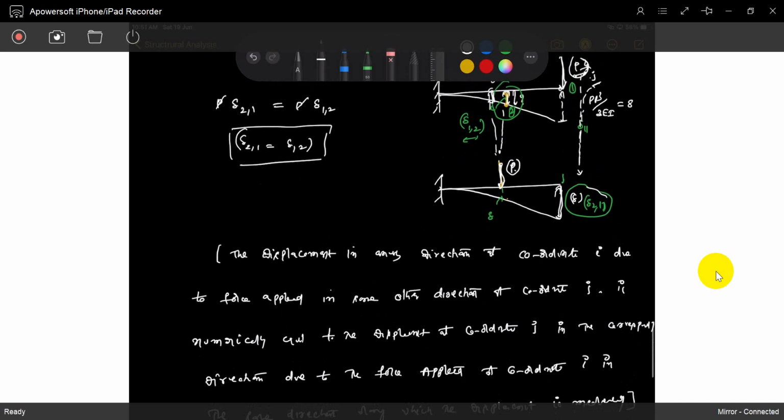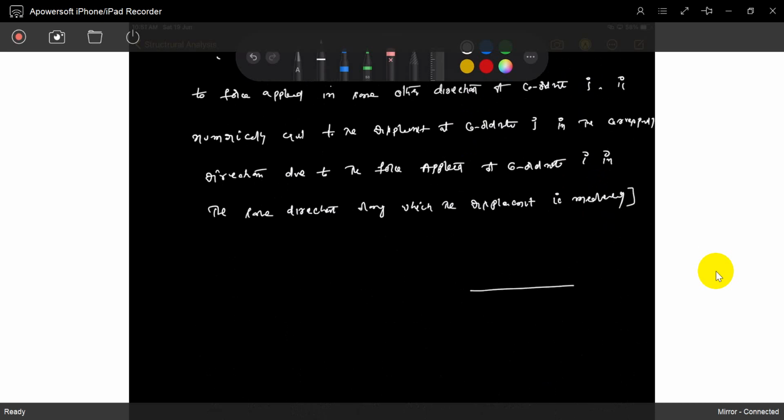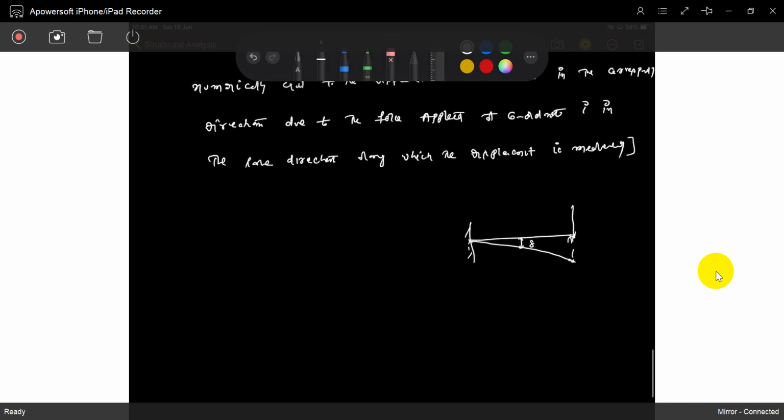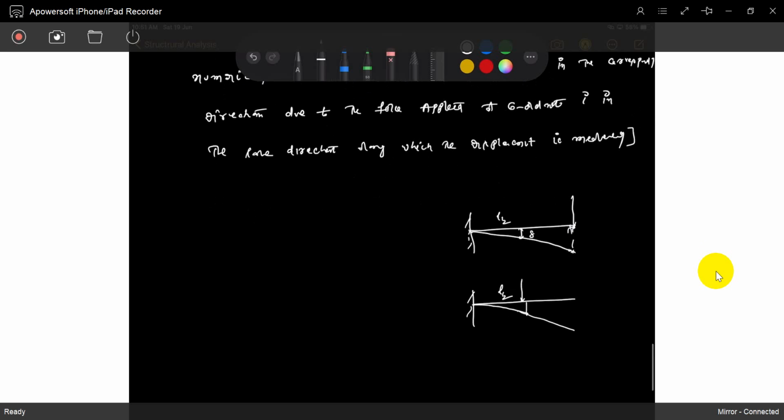So what is the solution? Now I want to find out the delta. I will easily calculate it. So this is L by 2. Once again I will write this, it will go straight. See, this delta is compulsorily equal to this delta. So if you find out this delta, it is numerically equal to this delta. These are equal.